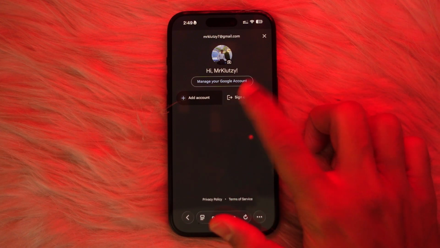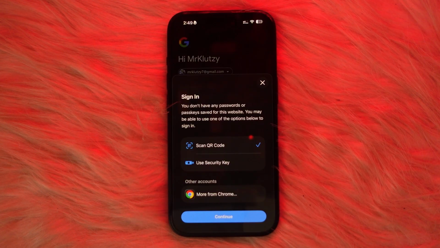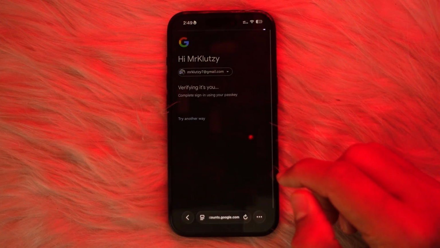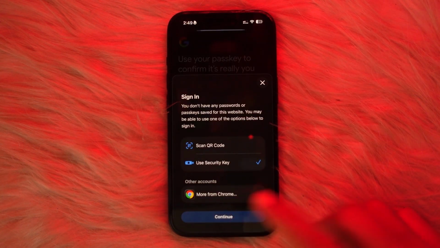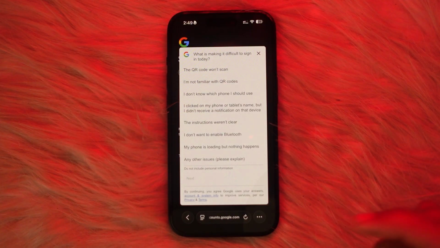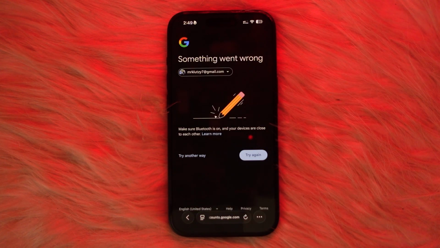However, if you want to sign out of your account and sign in through a different account, you can simply click on sign out from here. Accounts on your device to continue with your website. Use security key, click on continue again,